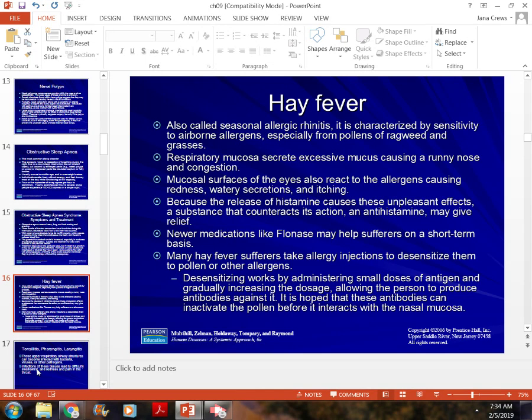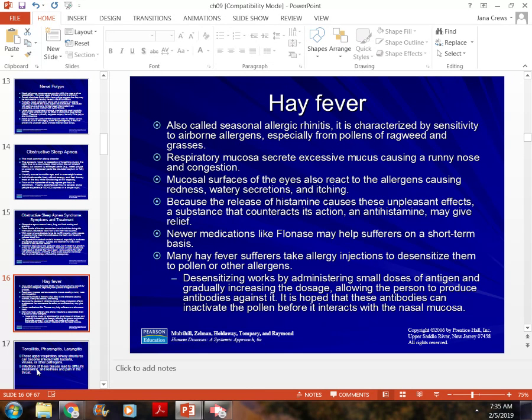With allergies, it has very similar symptoms to the common cold. So you have a runny or stuffy nose, runny, watery eyes, itchy throat, drainage. A lot of people will use medications like Flonase. If it's nasal related, they may take Allegra or Zyrtec or something along those lines, some kind of antihistamine to help with those. Sometimes they take them every day.